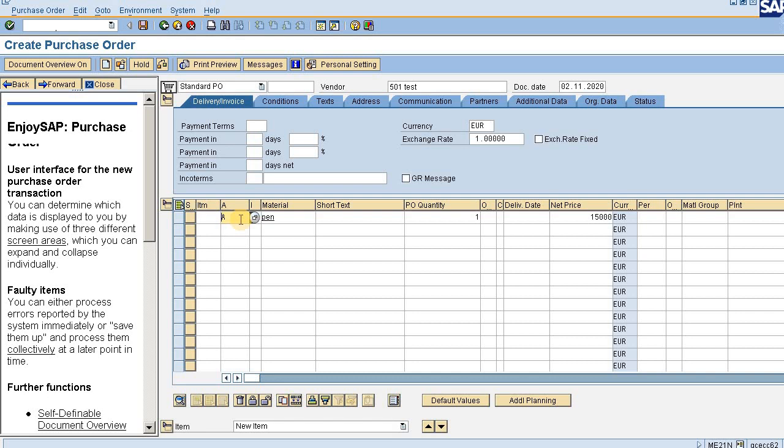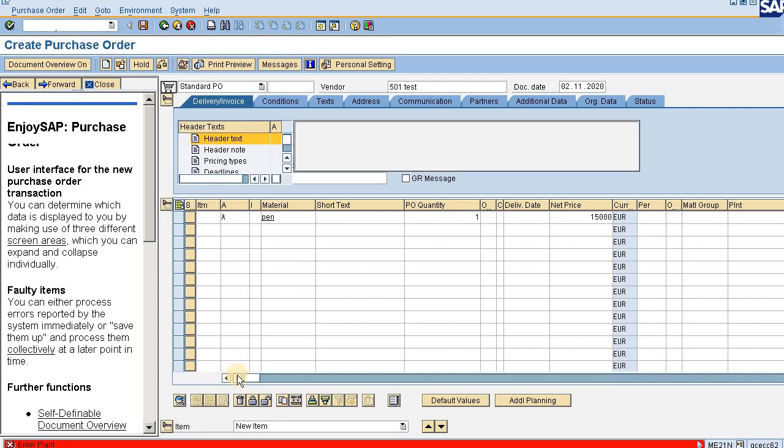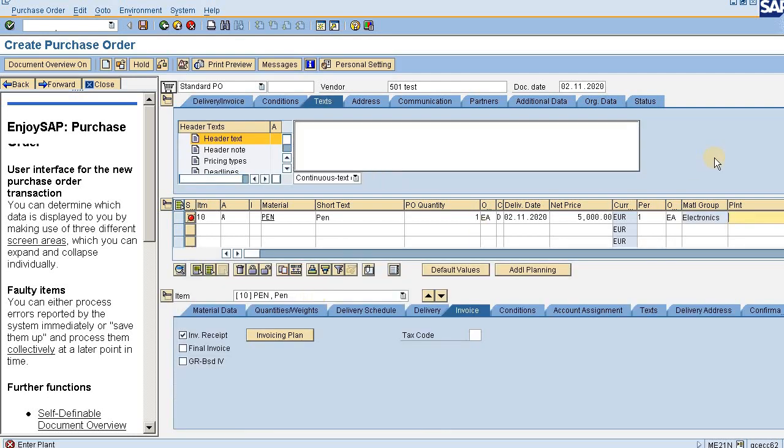Now proceeding ahead, we'll be going to the next level, that is the item level. Here, I think one thing I have missed, that in the plant section I would have given the plant number. So I need to give the plant number here. However, I have ticked on the item level and it is taking a bit of time. Let me put the plant. Yes, it is asking me to enter the plant, so I have put the plant here. Now pressing enter.